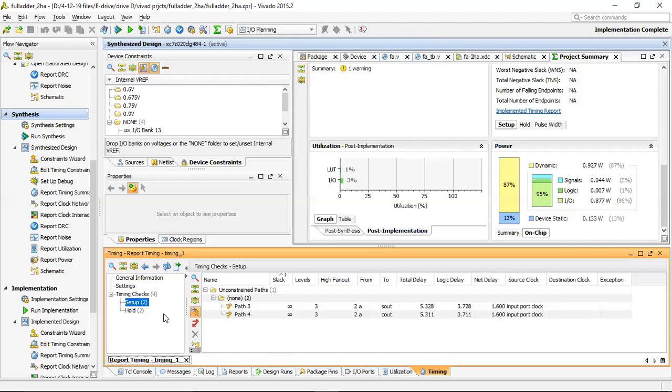Here you can see the timing summary. So from A to the sum output, 5.328 is the total delay, and the logic delay is 3.78. So here the logic delay is 3.78 and net delay is 1.6. Net delay means the routing delay between A to the sum, and logic delay is